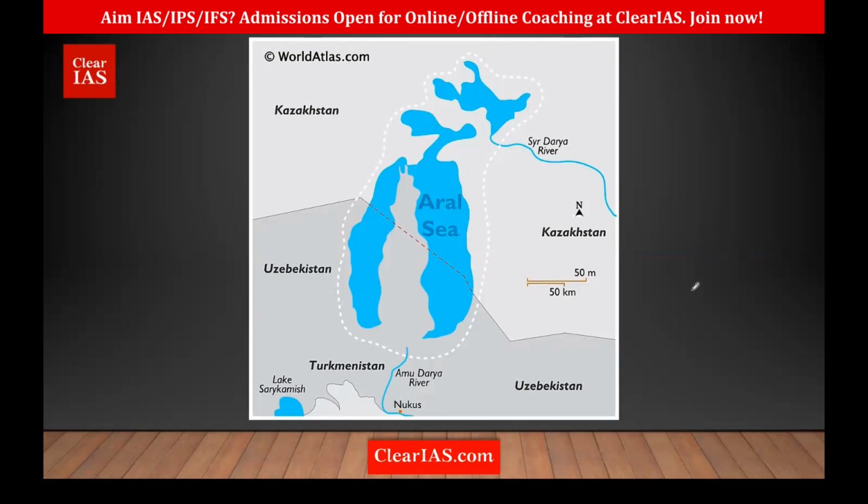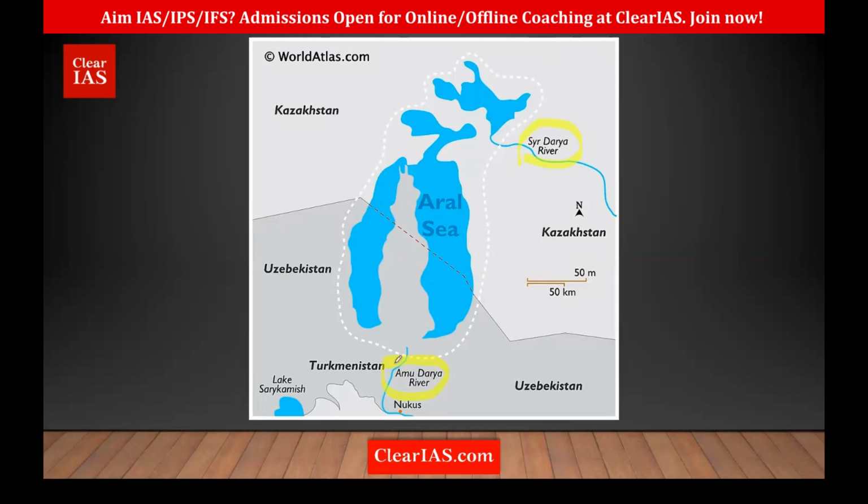But why is it important? You can see 2 rivers here, the Sirdarya River and the Amudarya River. So what USSR did was, what Russia did was, they constructed dams on these 2 rivers and diverted the water. So what happened? This Aral Sea, which was initially so big, you can see the white dots, right? It actually shrank, almost half the size. The water body shrank and only so much is remaining, and it is still shrinking.